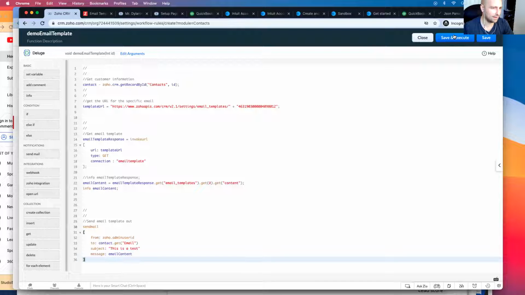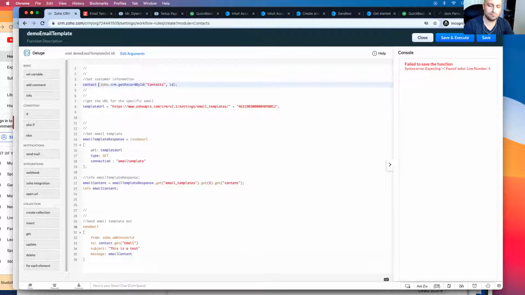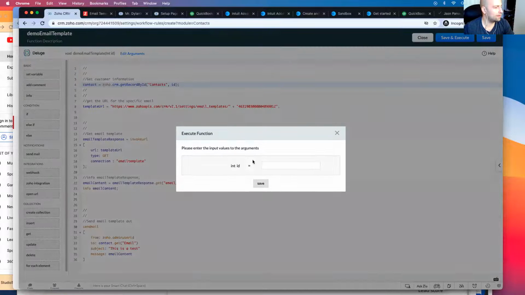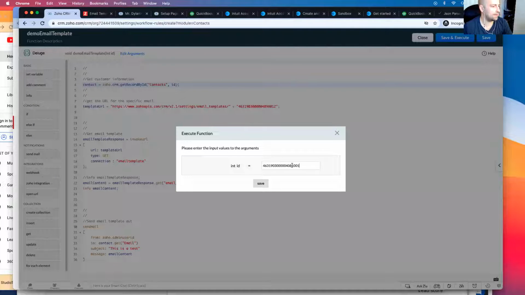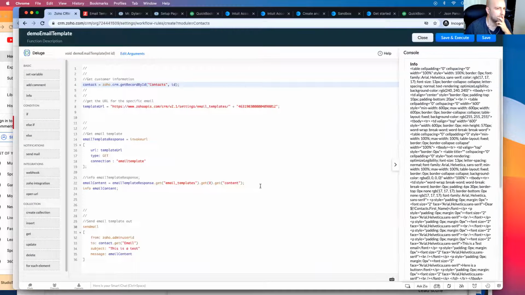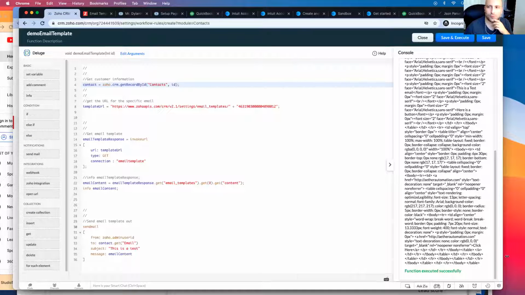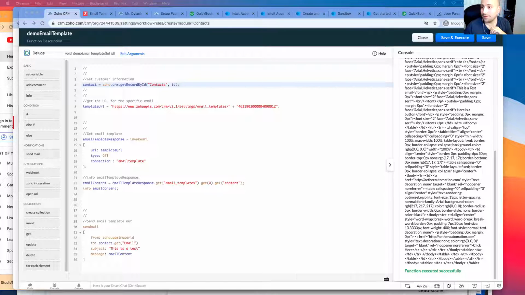Now, if I click save and execute, line number 4. Yeah, that makes sense. Spelling is important. And so now that we're passing in an ID, I'm going to go into the contacts. I'm going to grab this ID, click copy, and then I'm going to paste this right here. Go down. It says it was run successfully. So in theory, if I go to my email,